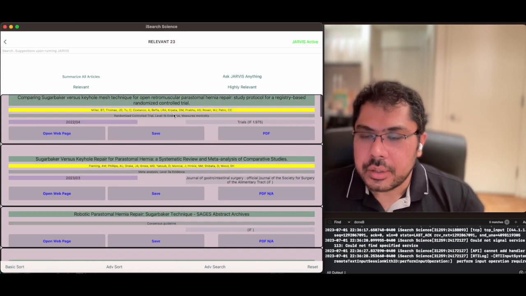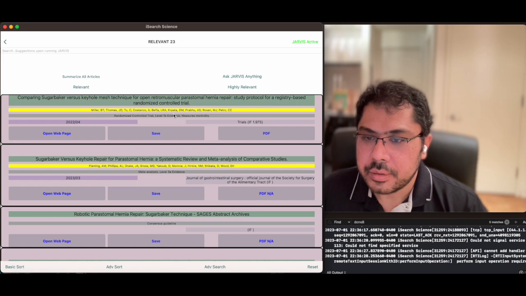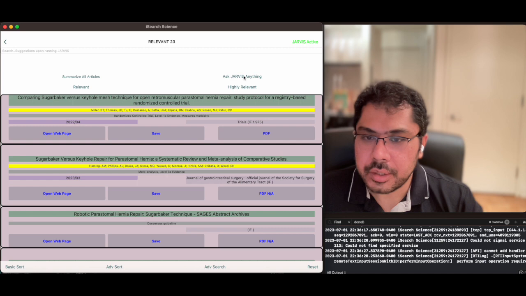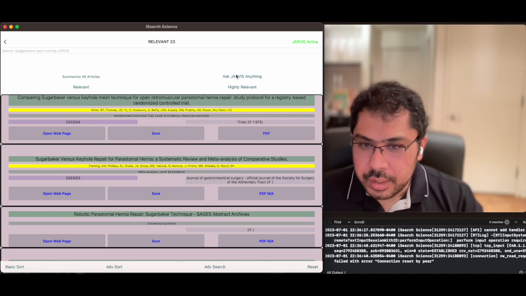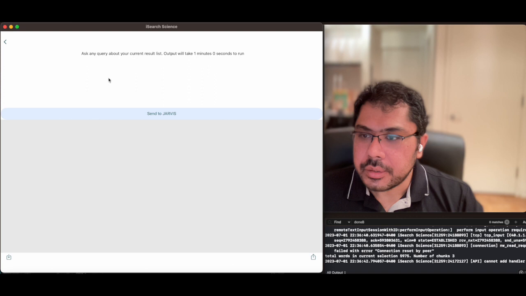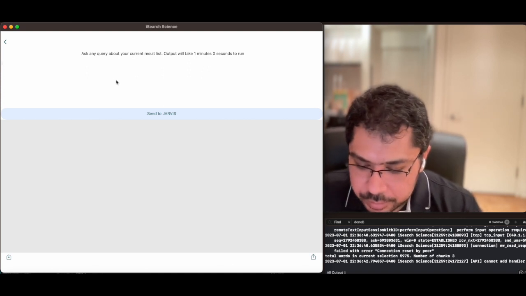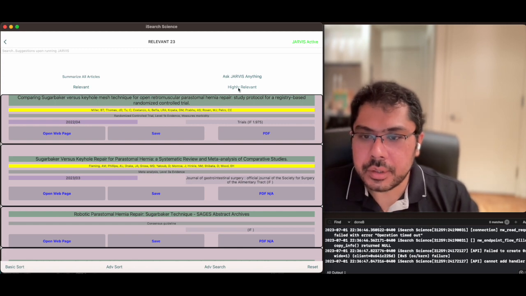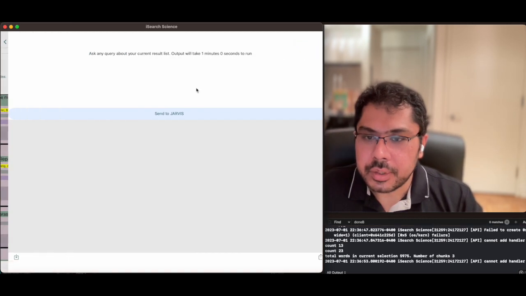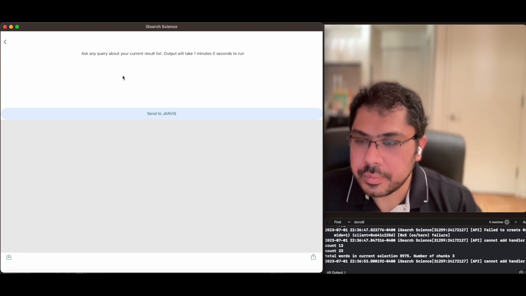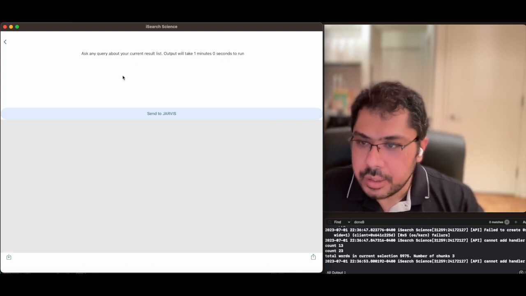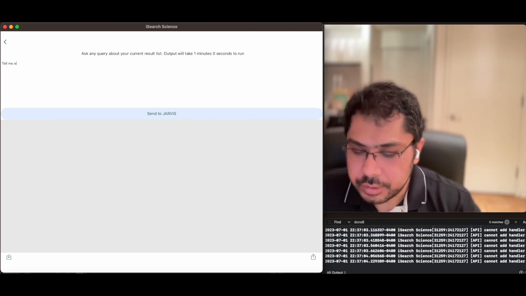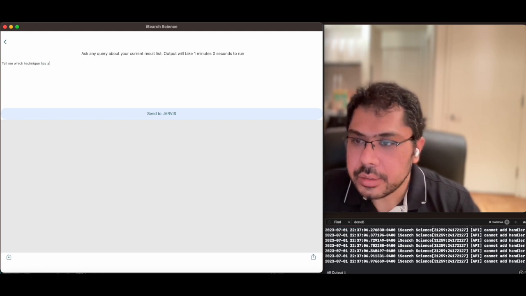So the most interesting addition to the app has been the features that utilize OpenAI, and these are these two here: summarize all articles and ask Jarvis anything. So let me try something with this. I go to ask Jarvis anything, and before I even do that, I want to minimize the number of studies I send over as much as possible, because otherwise it's going to cost a lot of money running this analysis. So I'm going to ask,